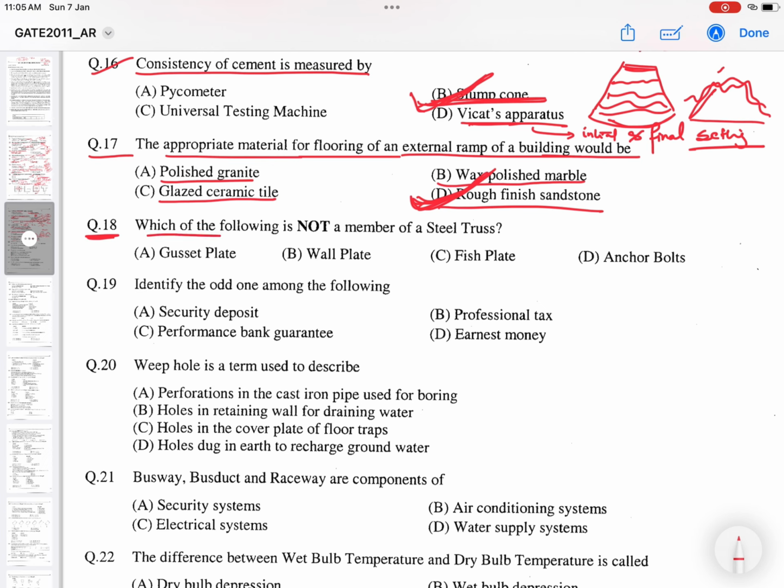Coming on to question number 18. Which of the following is not a member of steel truss? Not a member of a steel truss is fish plate. This is not a member of steel truss. I would suggest